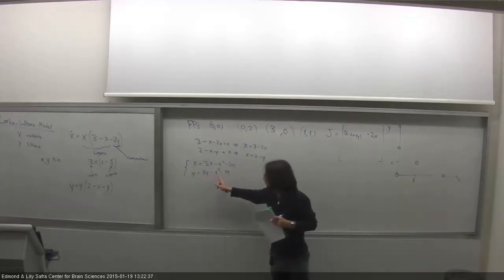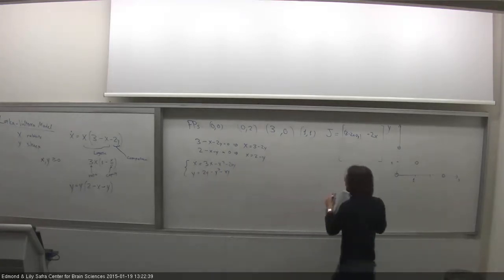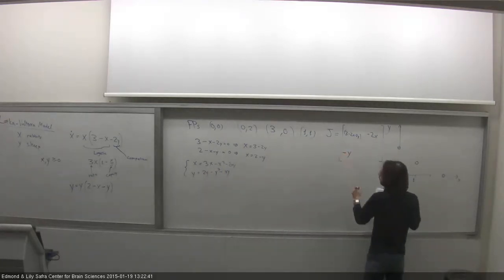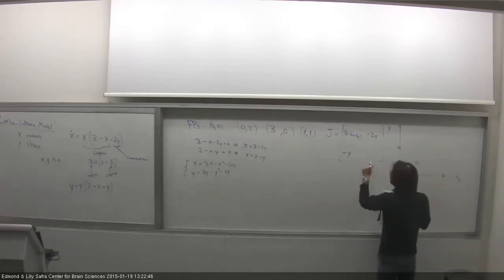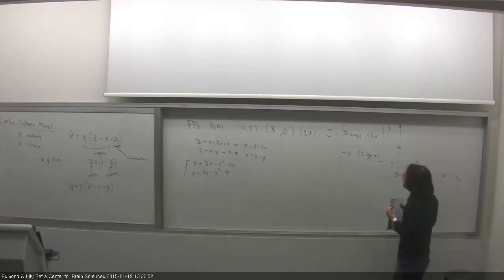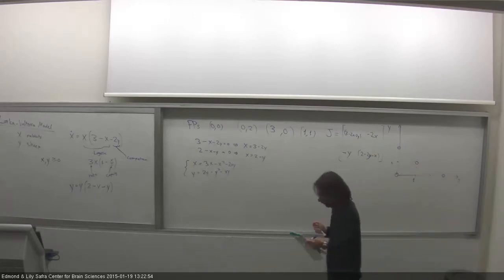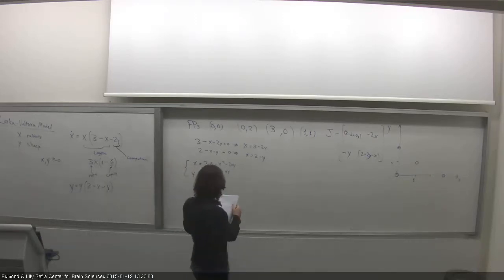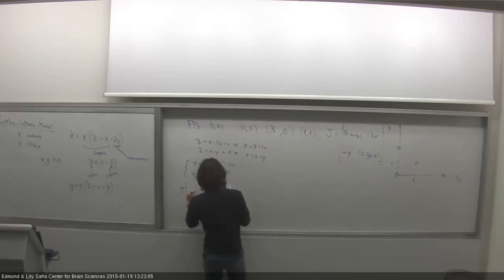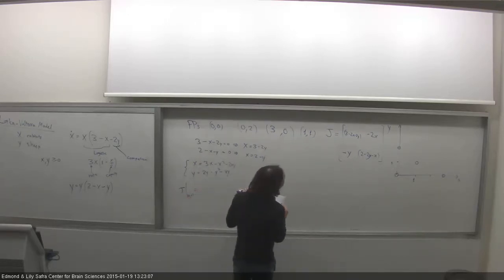Then we have the derivative of y dot with respect to x, and the derivative of y dot with respect to y. That's 2 minus 2y. And then once we have the general form of the Jacobian, we would like to evaluate it at every fixed point. So J at 0, 0 is